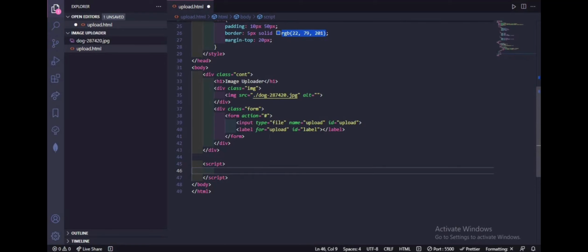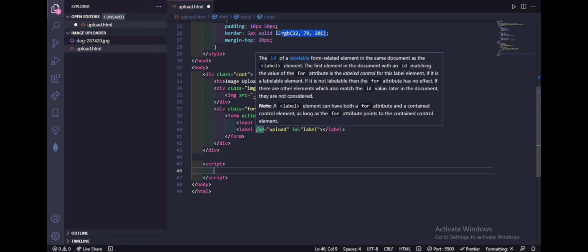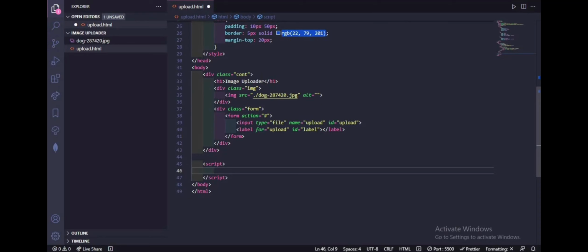So in the script, I need two things basically, and those two things are the image. I want to target the image, and also I want to target the file, the upload file. So I want to target this element you see here, and then I also want to target this image you see here, because these are the two components that make up the functionality of what you just saw in the beginning. So let me go ahead targeting them. So I'm gonna say const. Let me start with image